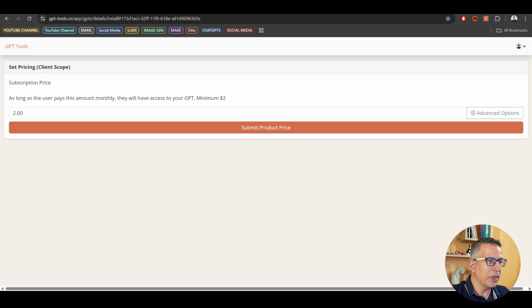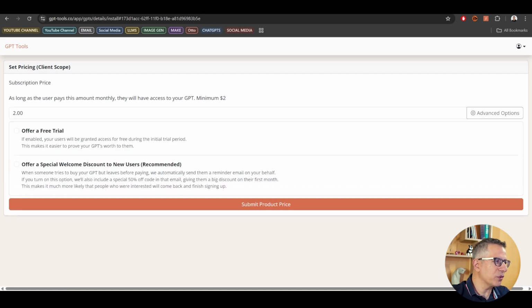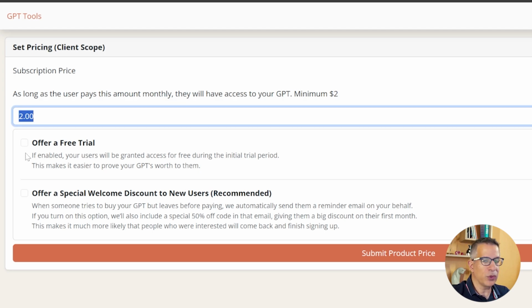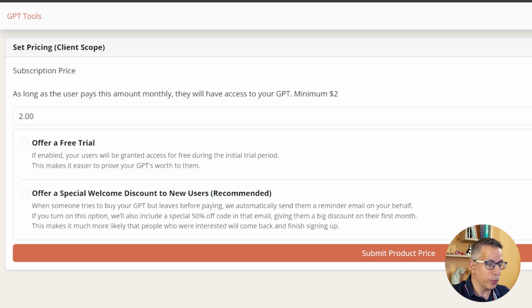They set it at a minimum of $2 a month. Click the advanced options, and you have two options here. You can offer a free trial, an initial trial period where your users get to use your GPT. After that period, it'll then prompt them to pay the $2 a month or more if you want. Or you can offer them a special welcome discount. If they've gone into your GPT, they've seen the paywall, and they've said no, I'm not interested,